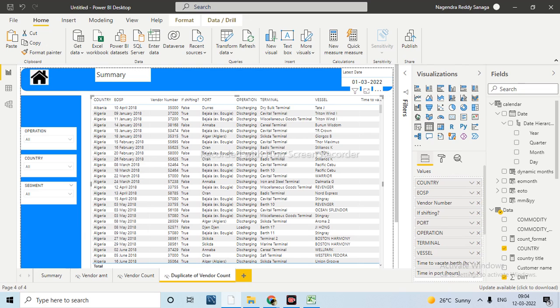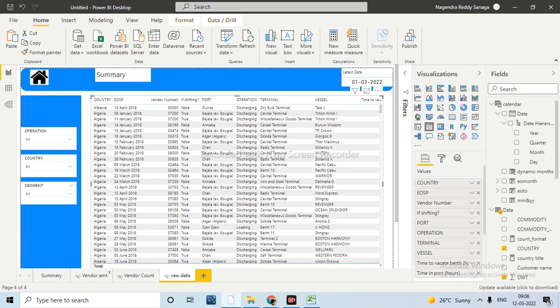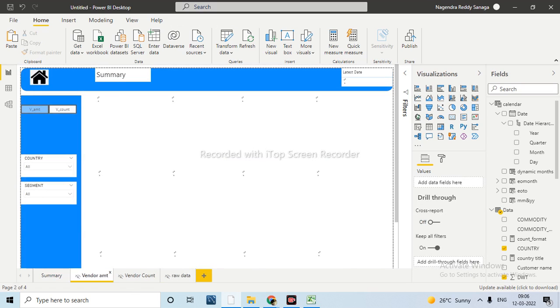And now, this one I am taking as raw data. Hello, now we have designed this one. Just here, when I am on this particular page, I want to filter out this information with drill through. I am just passing the vendor name here, because in this vendor analysis, when I click on, for example, now I want to filter out that information based on this.